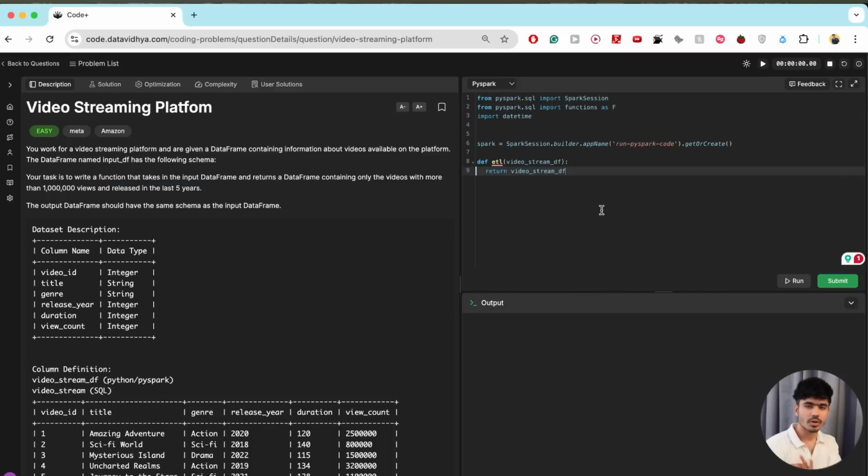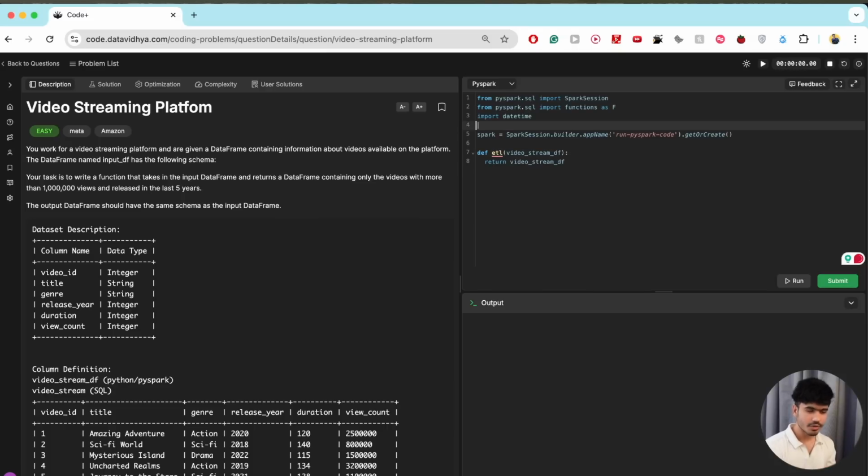The main thing about this platform is that you will only work on the logic. You don't have to worry about all of the other things. So importing and everything will be taken care of. Okay, the Spark is already given to you. So if you have the basic understanding of Spark, you can solve it in Spark. If you don't have it, don't worry. Just follow along with me so you will understand what we are really trying to do.